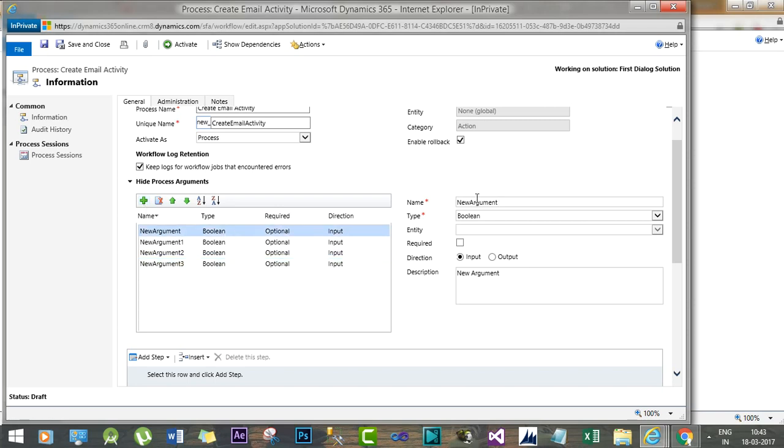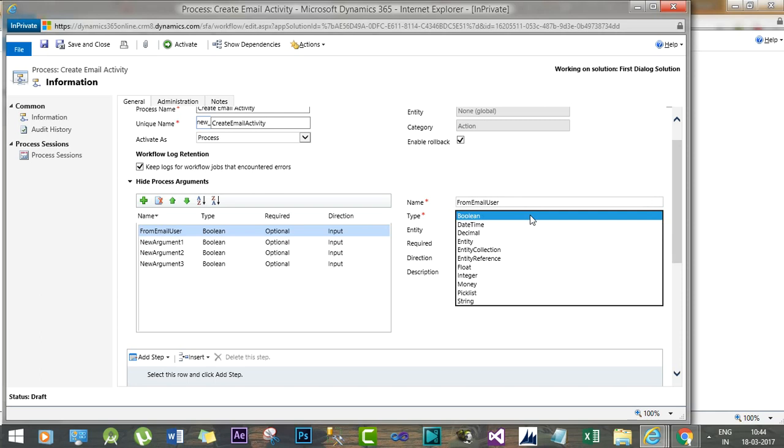So select this first one and change this to from email user, and for the type select lookup, or you can select entity reference,